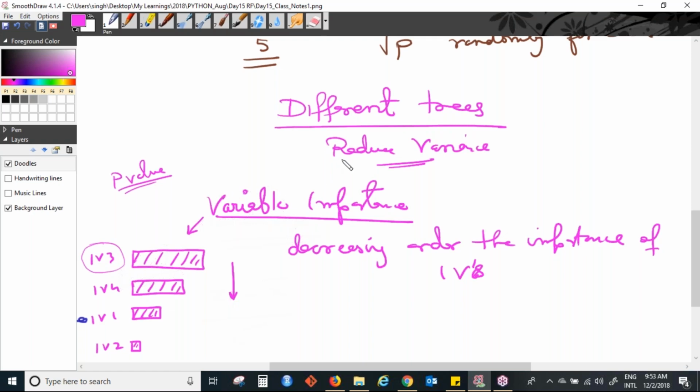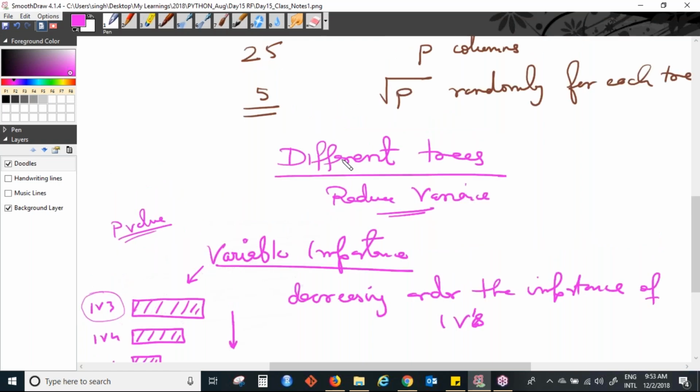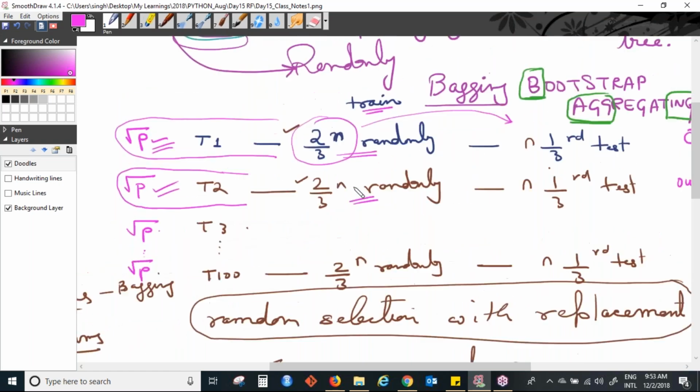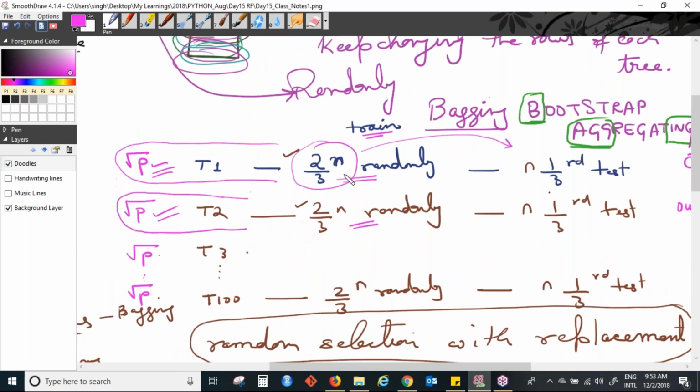So now you can see why the algorithm is very widely used. That is why I said I have a random forest model at my office, because it has a lot of advantages, and it is very easy to implement also. You will see the codes today itself. It doesn't require a lot of code, just 2 or 3 lines of code and you are done. And it is like building several different models.